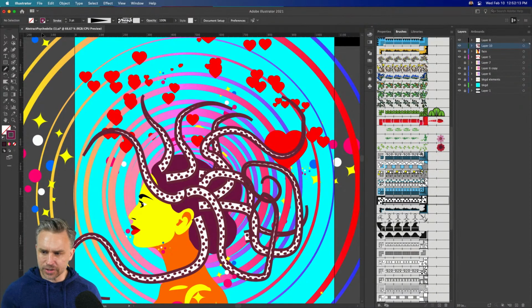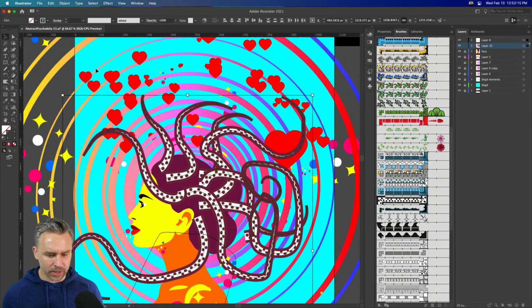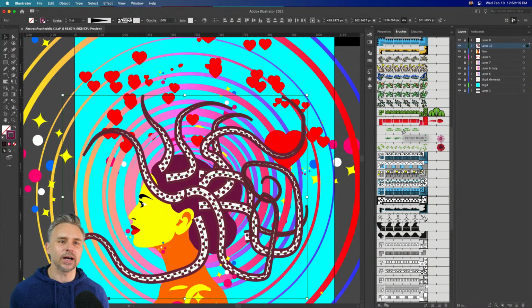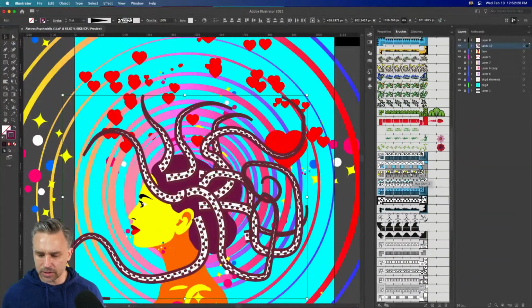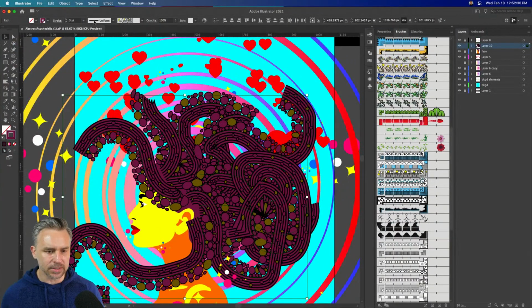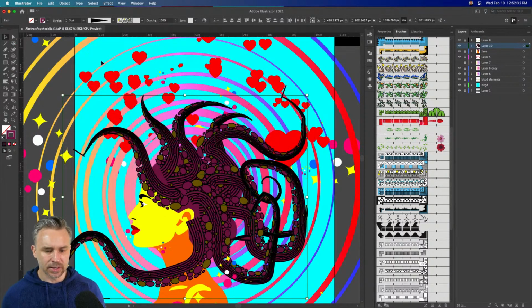The great thing is, these are brushes, right? What can I do with these brushes? Hey, you can switch them up at any time. And this is why I love Illustrator, right? You know what I'm talking about, Space Kitten. Coming in here, I decide I want to use a different brush. We'll use this Hue Shift 2, clicking on it, and actually changing the